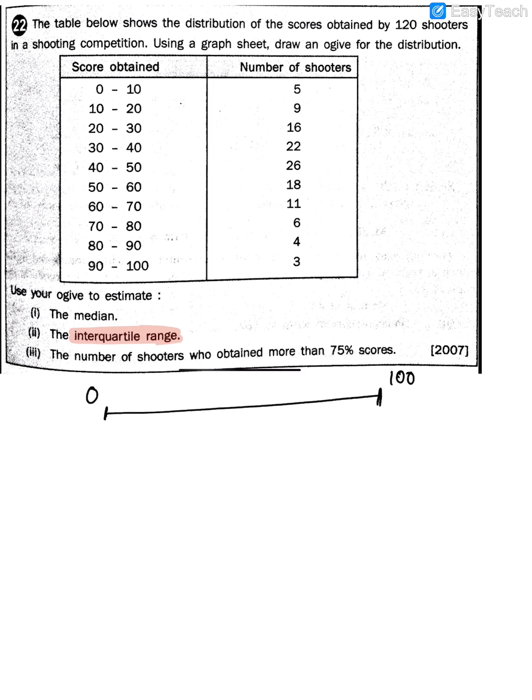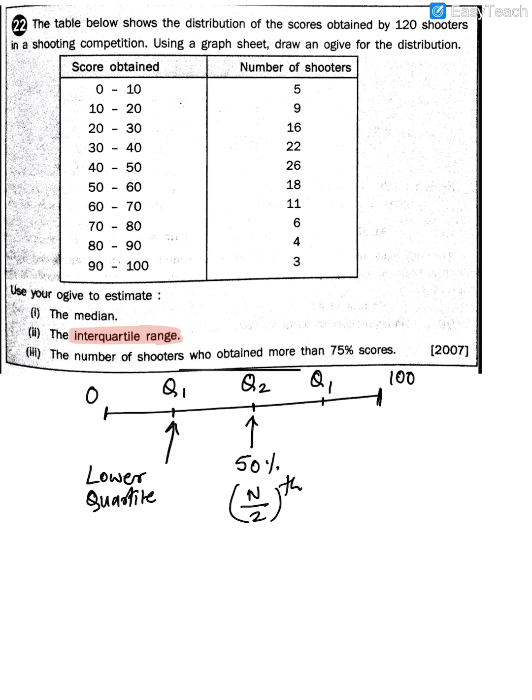Now, what is a median? So median means that guy who's exactly in the middle, meaning the 50% will be the median. That's why what is the formula for median? N upon 2th term. Okay, we are talking about grouped data right now, so I'm writing only N upon 2. Now, same way, just like we do median, there are also quartiles. So this Q1 is called the lower quartile. Lower quartile is Q1, which is N upon 4th term. N by 4th term is called the lower quartile.